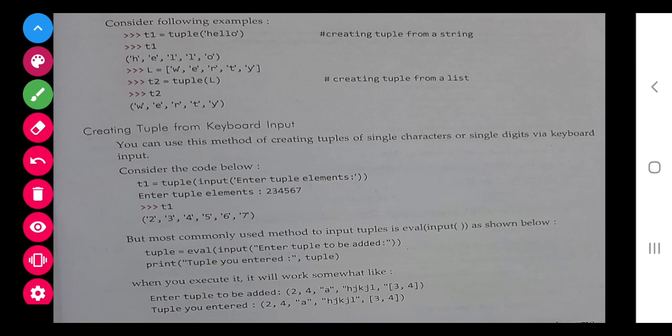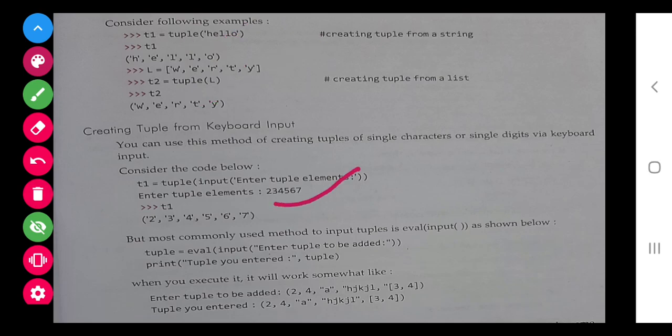Now the same things are there. If we create a tuple like this, each character will be an element of the tuple. If we have a list and want to convert it into a tuple, we will use this method.